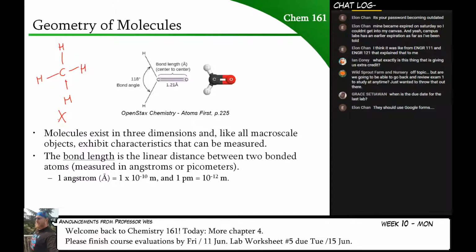So, there are 2 things that we care about in terms of measuring properties of molecules with regards to their structure, and the first one is their bond length, and the second one is their bond angle. Bond length is measured in angstroms or picometers. An angstrom